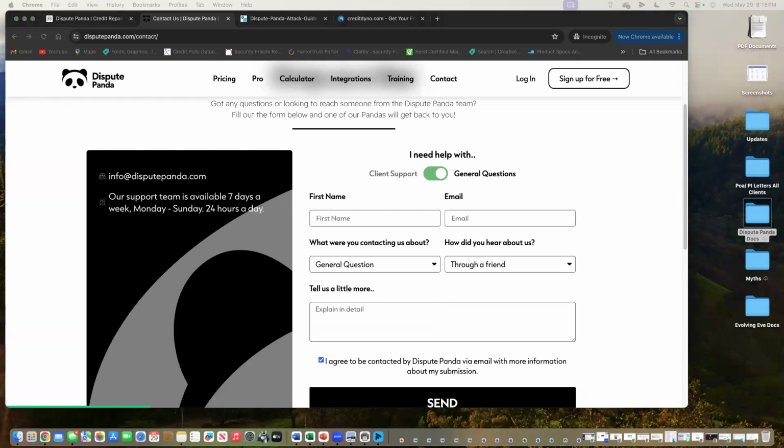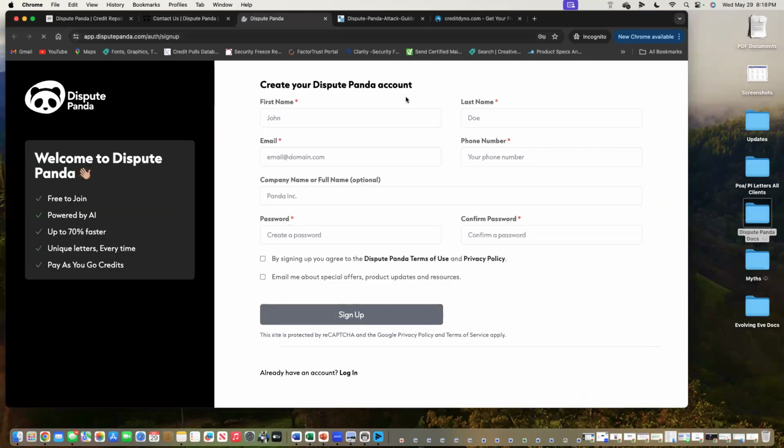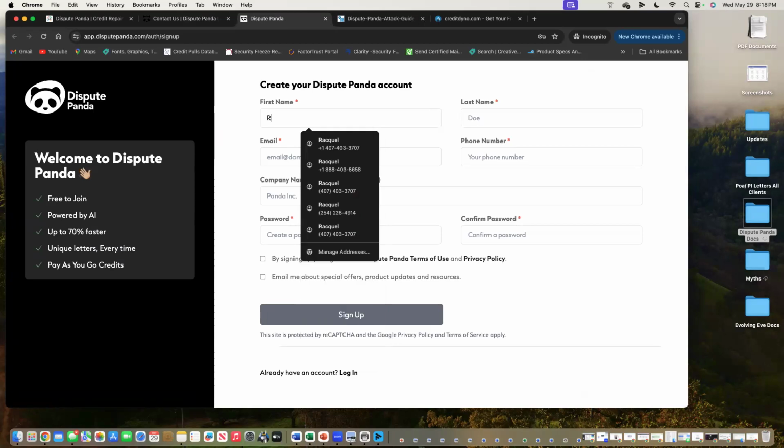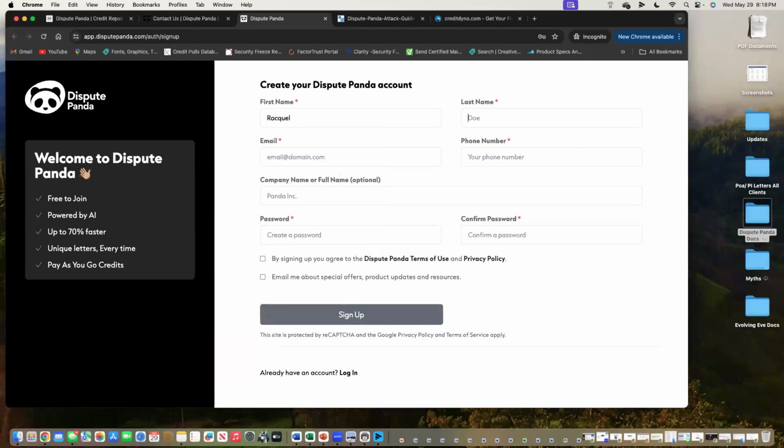No questions? All right, cool. So signing up for the platform is really easy. What I'm going to tell you is I always recommend that everyone put themselves in the actual software. The reason that I say for you put yourself in the software is so that you can have an idea of what it is that you're doing, what the letters look like, have a feel to be able to answer your clients in a clear way as to what they should expect.